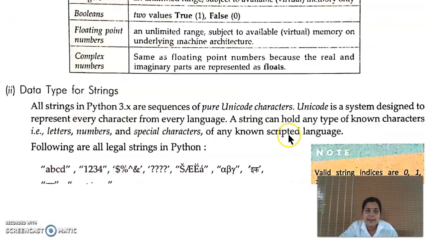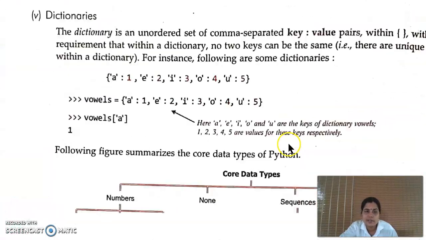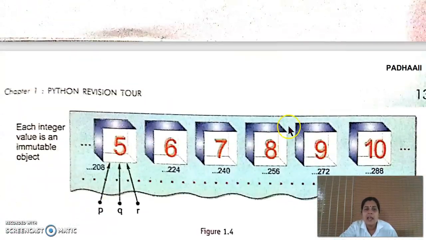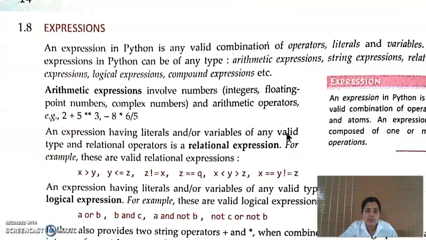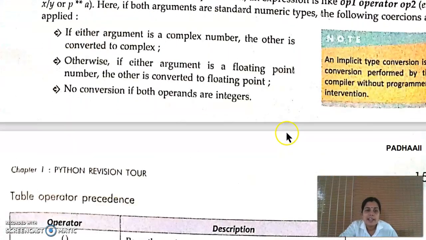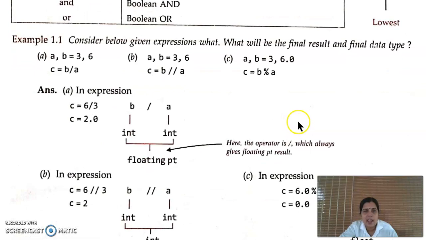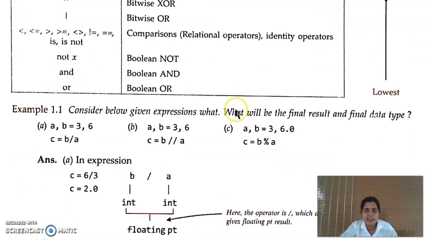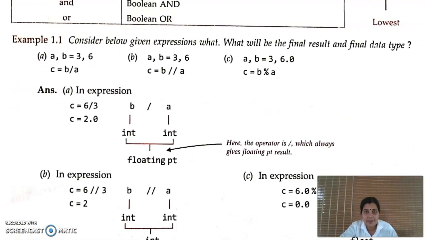So to give input, we are using input, and to give output, we are using print. When we are inputting an integer variable, we have to convert this input variable into an integer. Then let's look at some examples which denote operator precedence.